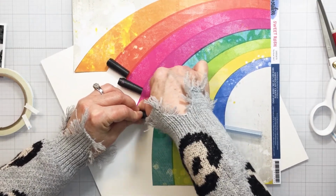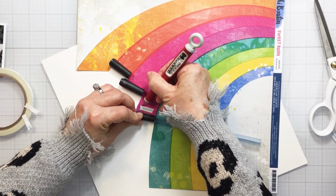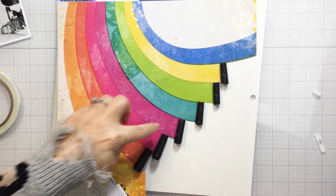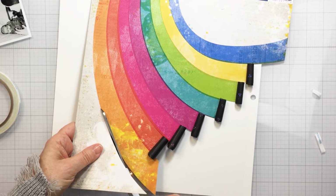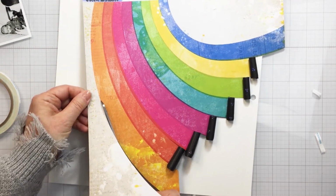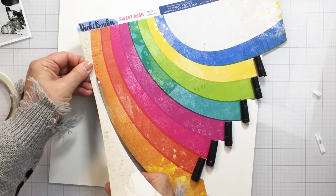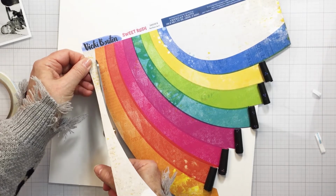Put my tape down there. And then I'm just going to do the same thing with the other papers. Okay, so I have those rolled. Now what I'm thinking of doing, and I hope I don't regret this, but I think I'm going to trim this part off, which I love this paper, and I'm thinking I'm going to try to use it in some way. And by this paper, I mean what I'm trimming off here,